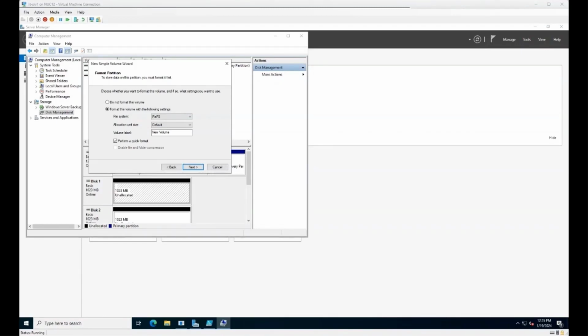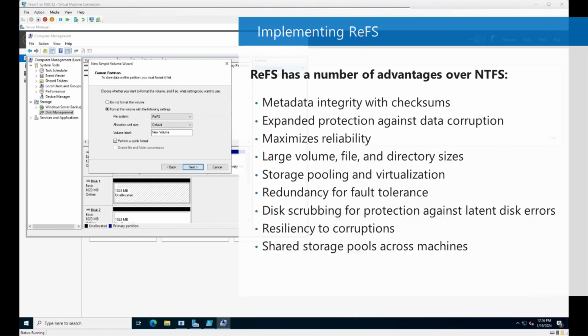So ReFS is a file system that is based on the NTFS file system. It provides the following advantages over NTFS. Metadata integrity with checksums, expanding protection against data corruption. It also maximizes reliability, especially during a loss of power, while NTFS has not been known to experience corruption in similar